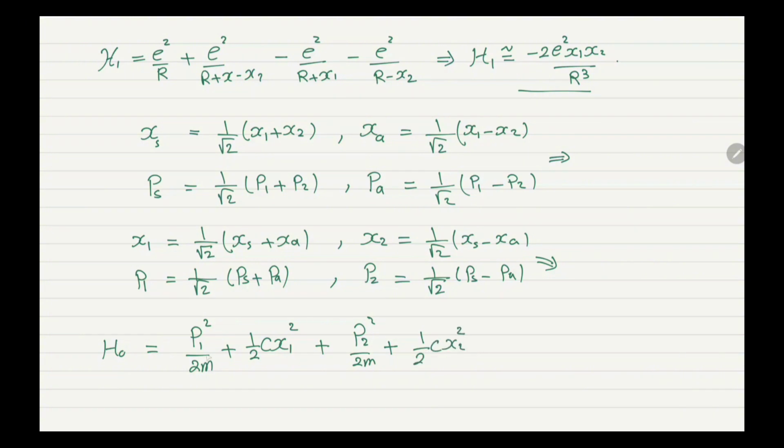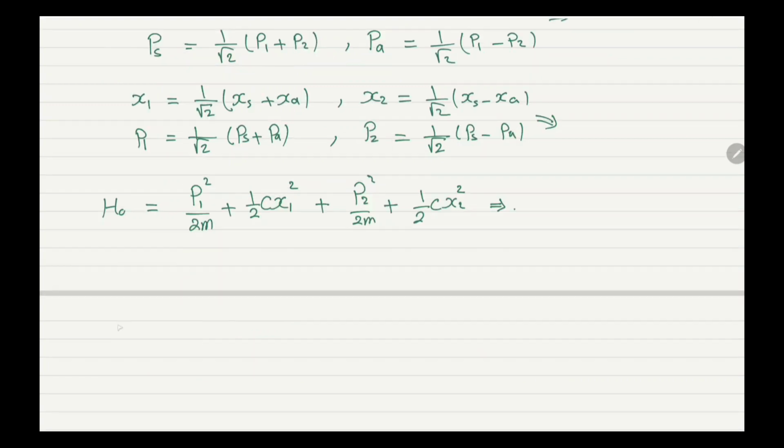Now if we substitute p1, p2, x1, x2 in this Hamiltonian here, we will get H naught equal to 1 over 2m